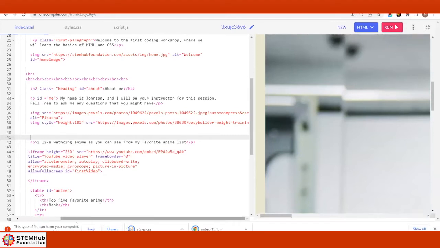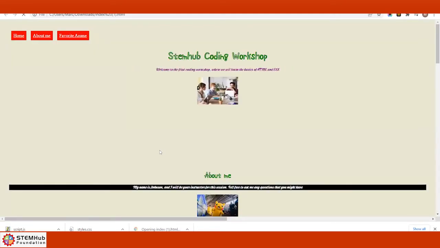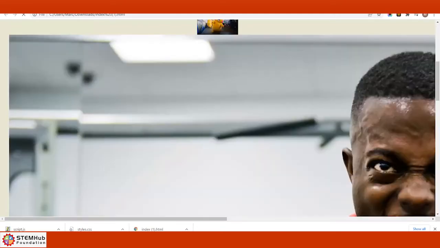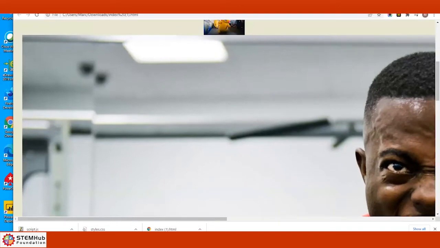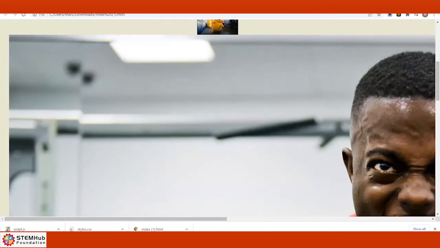So I downloaded the image. Oops. Oh, let me see here. And keep. And I'm going to download the image here and I'm going to go open it up. And you'll notice I have this image, but it will change. The size of the image will change based on the size of my screen. So let me see here. Let me show you here.